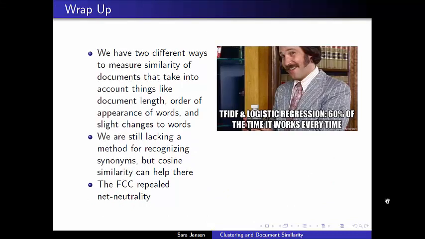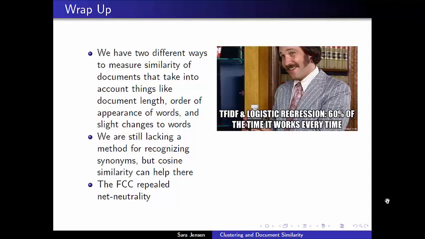So just to sum up what we've done so far, we've looked at two different measures and two different models that we could use to approach document similarity. And we have talked about how these two models take into account some of the things we've seen, like the rearranging of the sentences, the length of the document, and documents that make very superficial changes to a very few number of words. And both of our measures would do pretty decent at handling some of those changes, some better than the others. But we have yet to come up with something that really handles that last case,